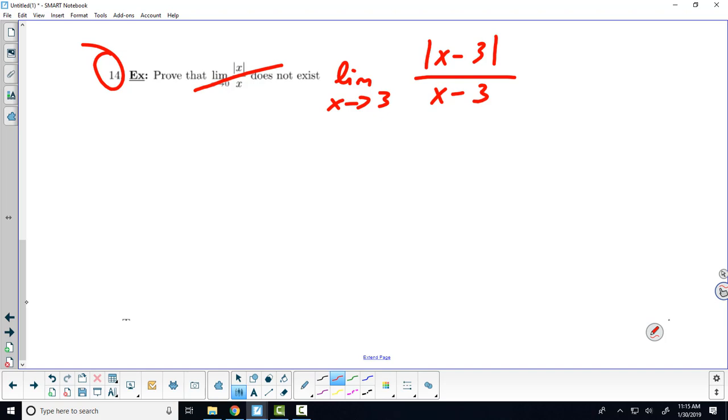We can't do the graph. If I showed you the graph, I guess you could go with it. But generally, I want something more than that. Really? Direct substitution? So